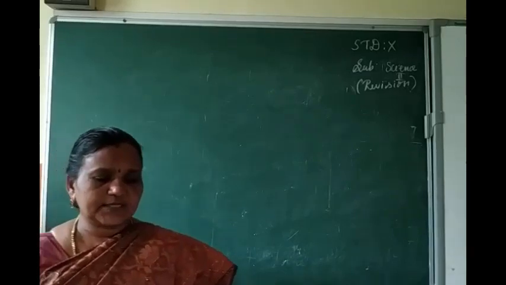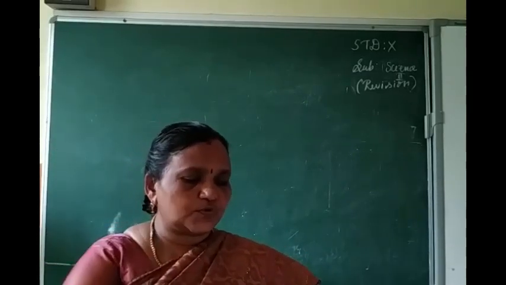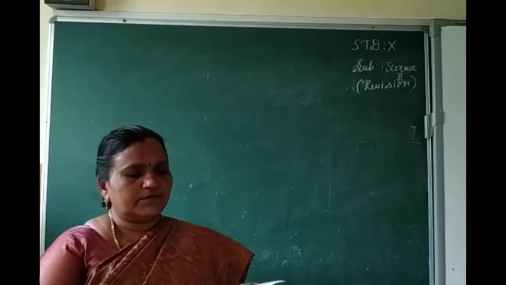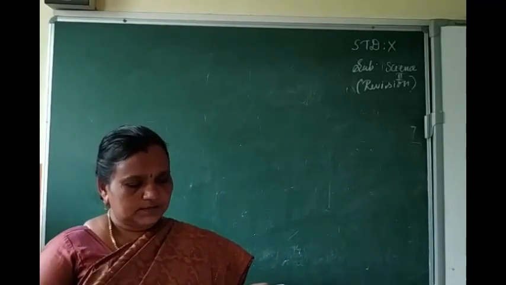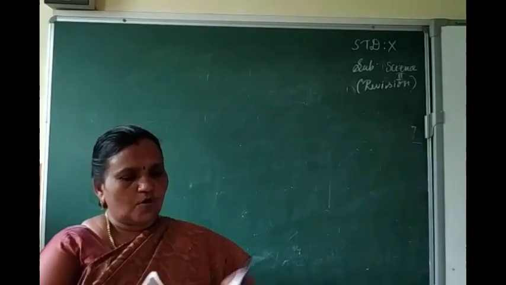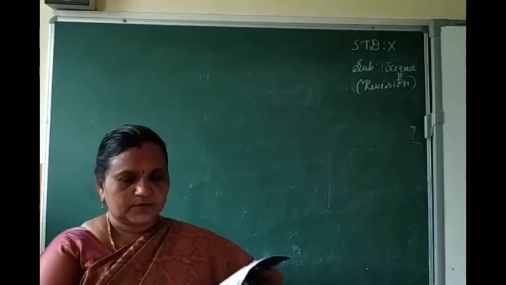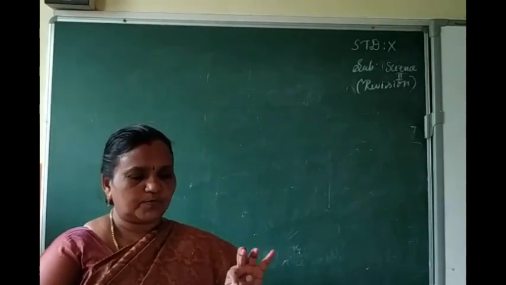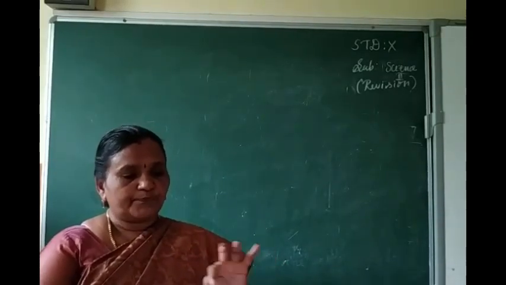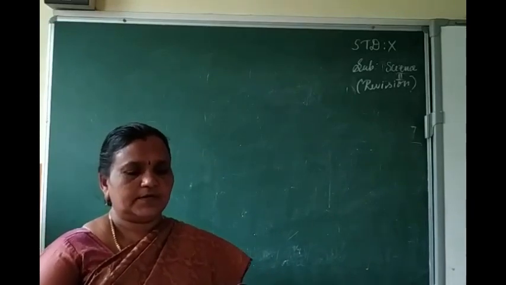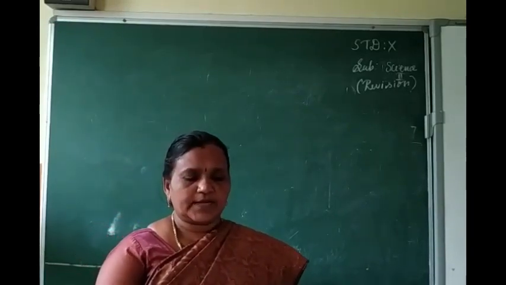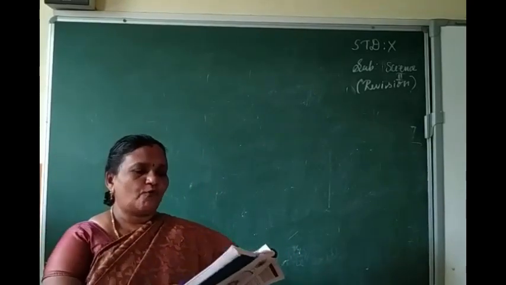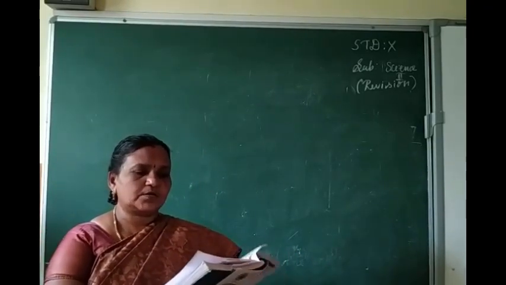First one, differentiate the following: monocot and dicot stem, through differences. Page number 177, ma'am has already marked and given. How many points are totally given? 4 points are given for the differences between monocot and dicot, so you can include this question as a 4-mark question. Next part also you have to write.